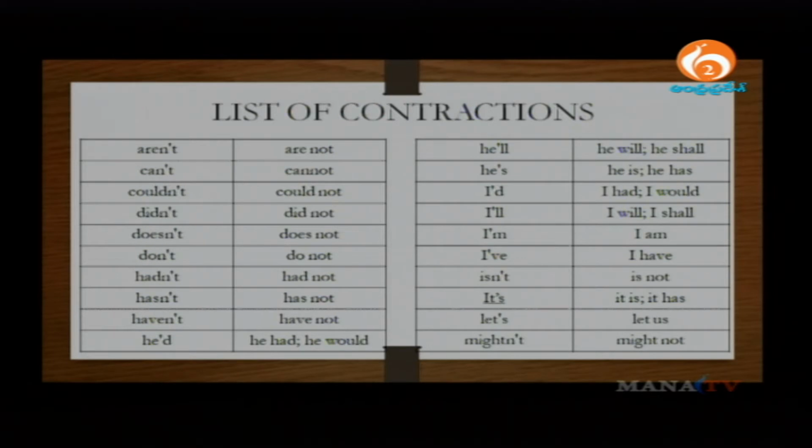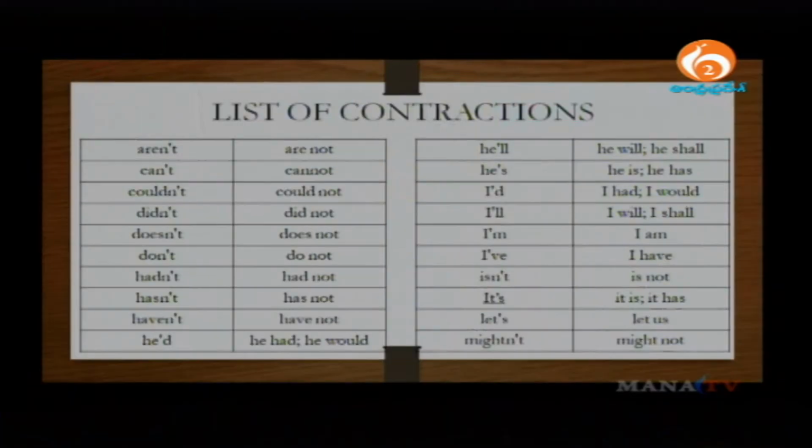I'll tell you a sentence for this. I couldn't come to the festival that is being organized by the college. Or you can say, I couldn't be there at the function. I could not be there at the function. So this is what it means, right? These will explain to others in the simplest way. That is what contraction is. All right, so let us see more examples.